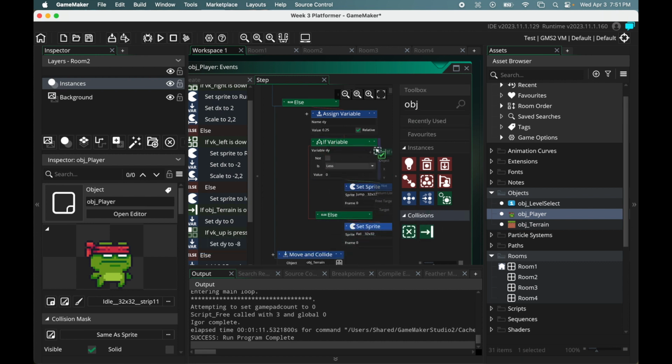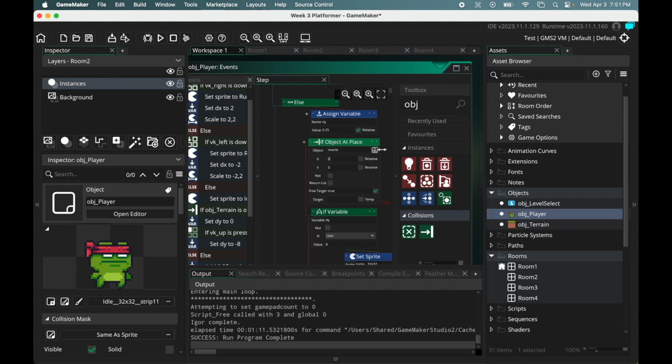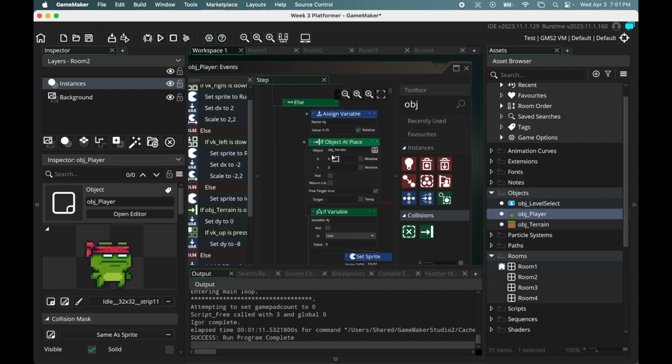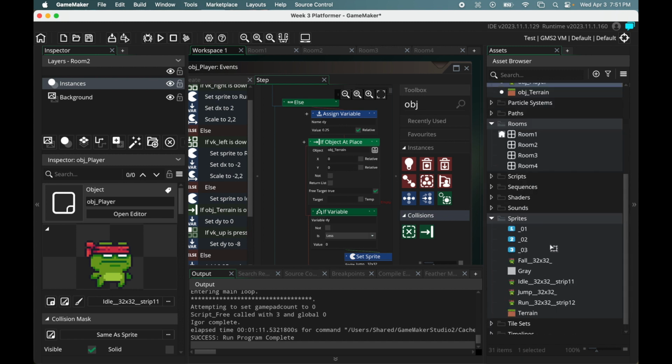And that will be right here. After we apply gravity, but before we update the player's sprite, we put this if object at place right here. And then what we are doing is we are selecting an asset. So if it is object terrain at position,